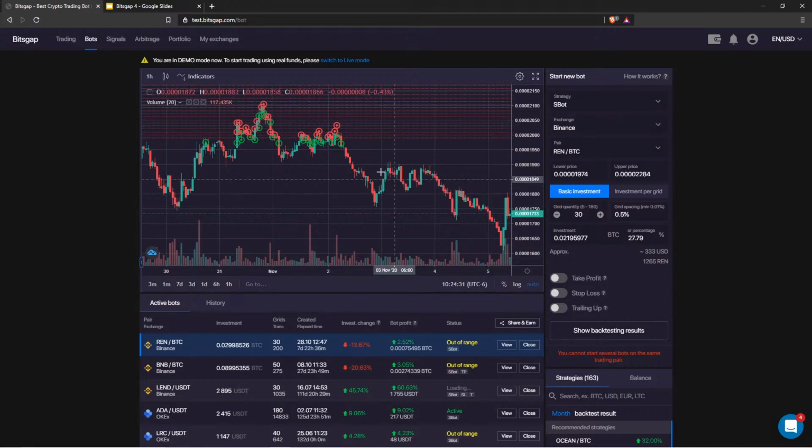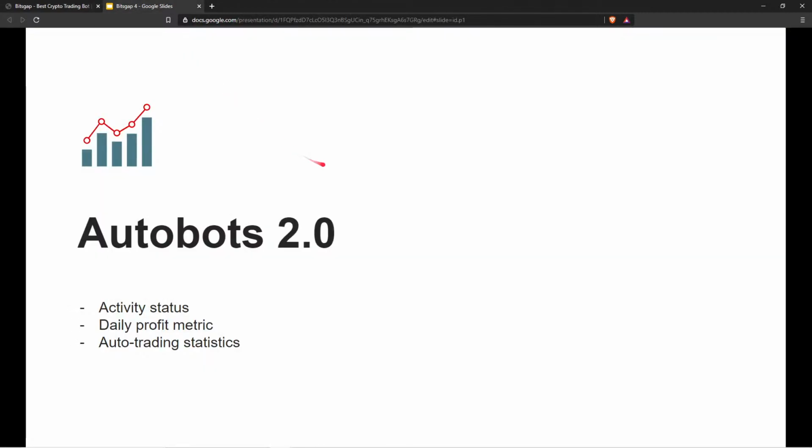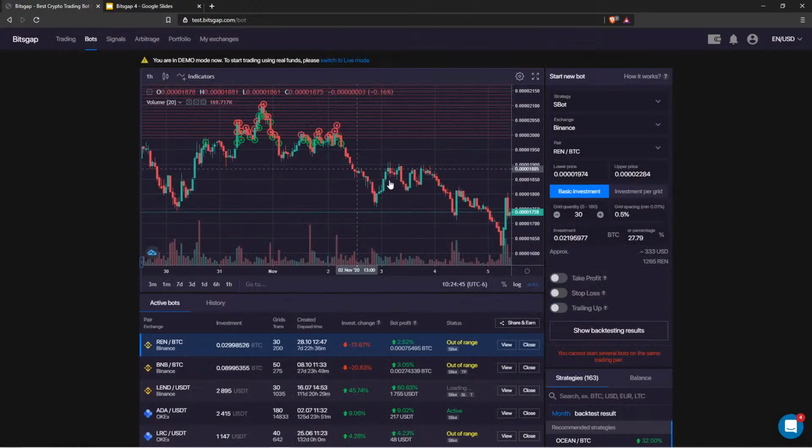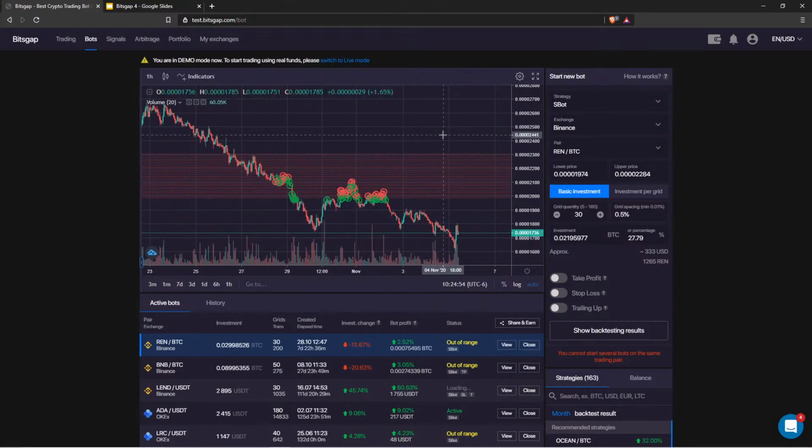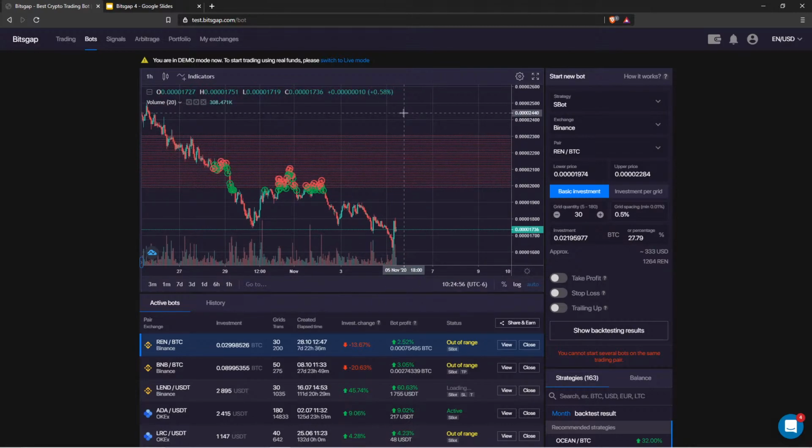All right, because here we have two strategies at your disposal: the Autobot algorithm and the classic bot. So let me switch to the presentation. Before I explain what makes the Autobot different from the classic bot, let's quickly refresh what is the automated algorithm behind these